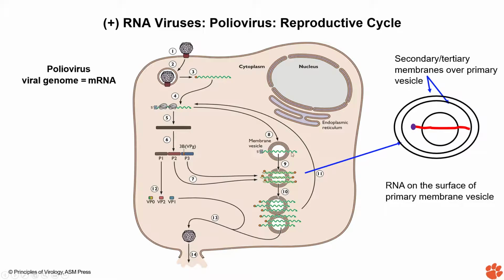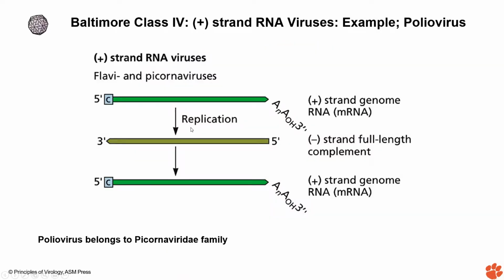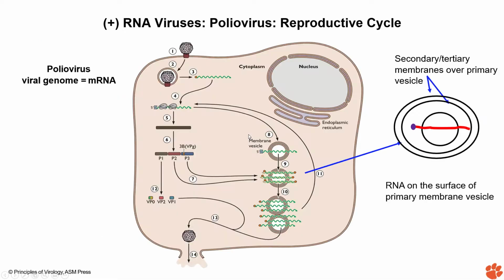And the RNA replication actually happens on membrane vesicles, and this is just a crude picture of that. But remember that when you have to make these RNAs, you have to make that minus sense intermediate. And you don't want the cell to sense this. So that's why initially they get attached to the membrane.